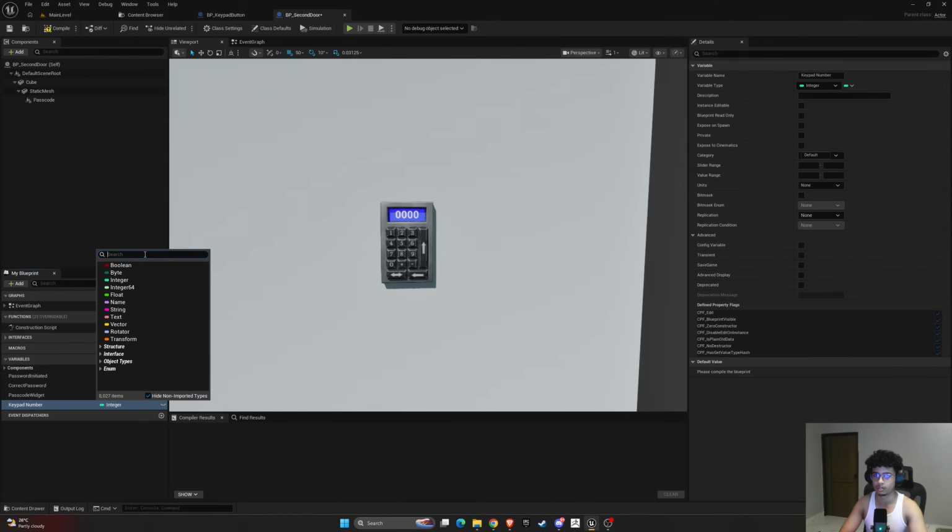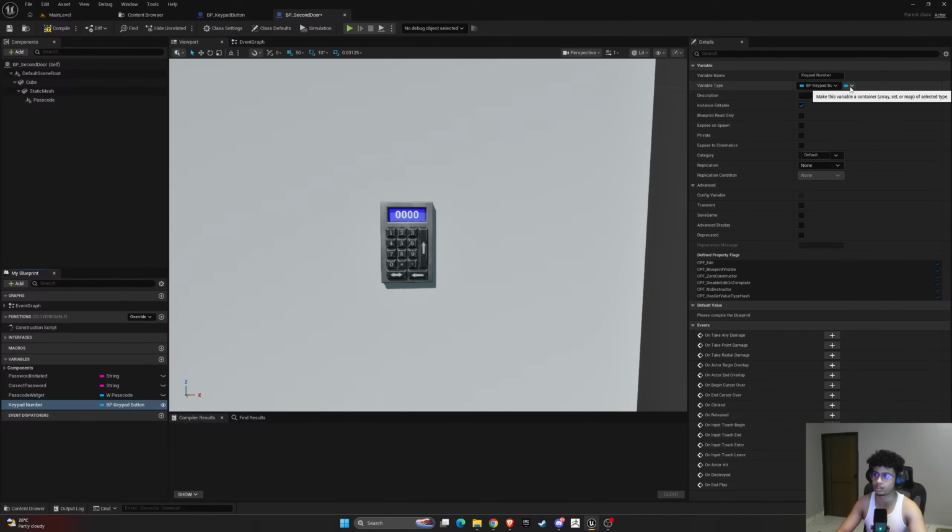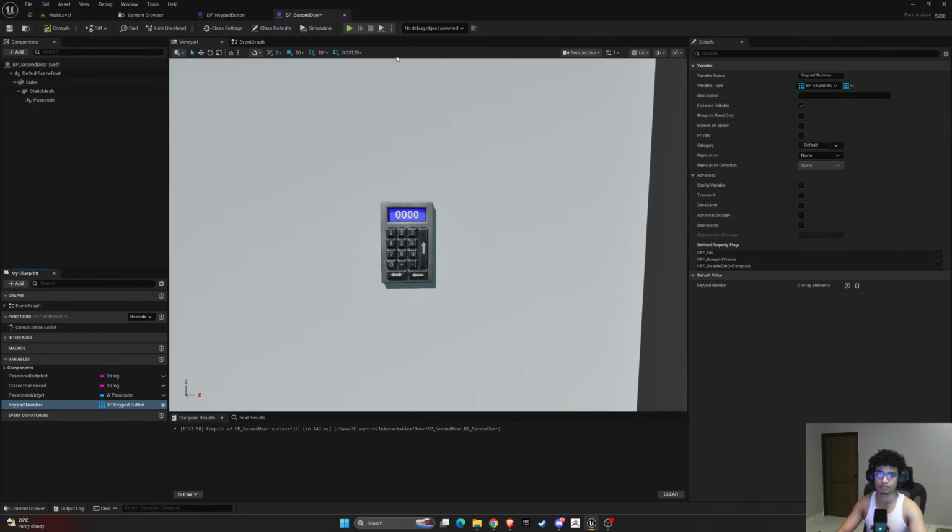It should be the data type of the keypad button blueprint, and I'll make it instance editable and an array. Okay, and then